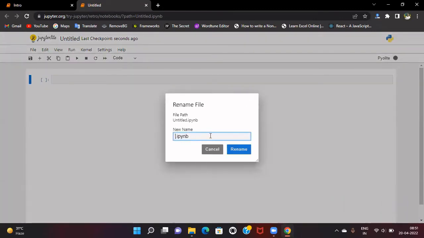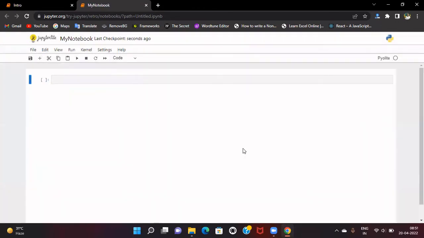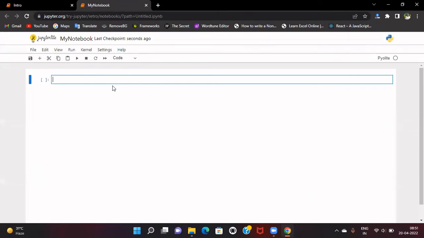We can name it. And we can see this type of interface. Here inside these boxes, we can type our code. So let me type print